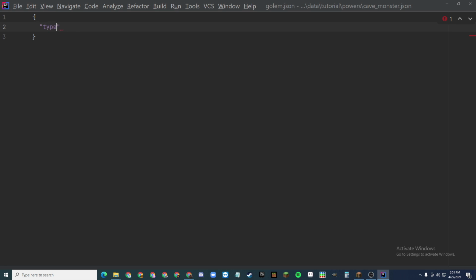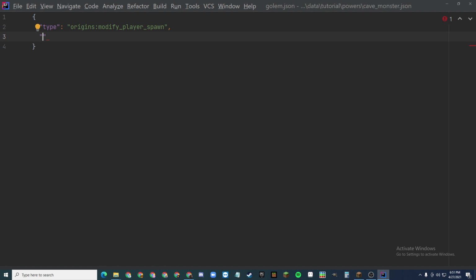So, we're going to make a type. And this is going to be Origins modify player spawn. So, this is going to change where you spawn. And this is how Blazeborns spawn in the Nether. If you want, you can make it so Endarians can spawn at the End. You can do that using what I said at the beginning,